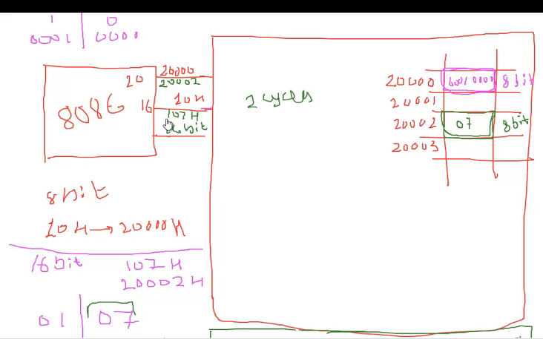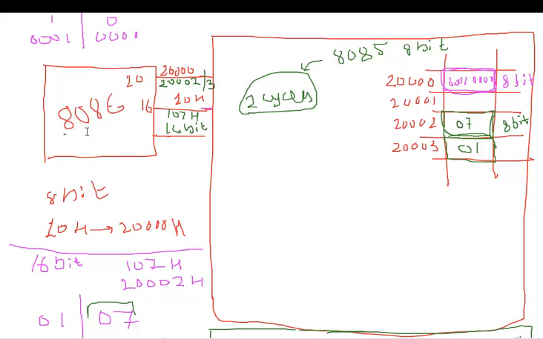For that, address bus will have the next address, 20,003, and address bus will select the location 20,003, and this 01 will get placed over here. So we can store it in two cycles like this, which was used by the 8085 microprocessor. Since it was an 8-bit microprocessor, at that time we needed two cycles for storing 16-bit data.